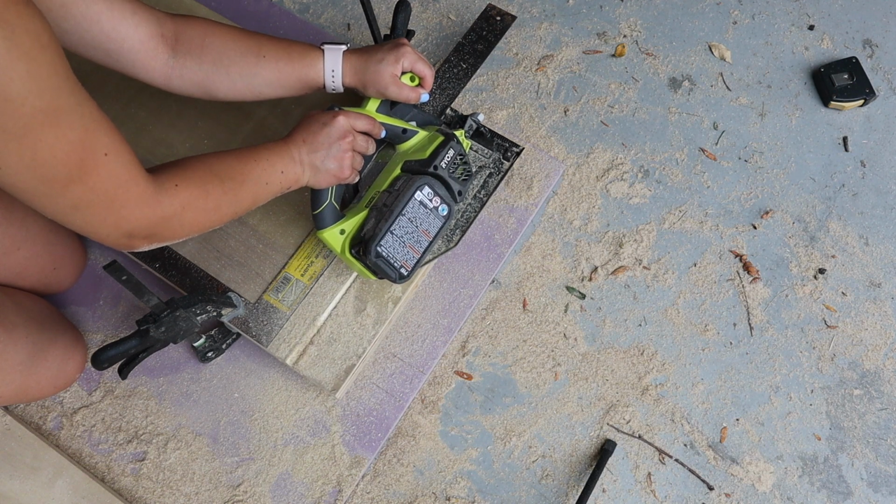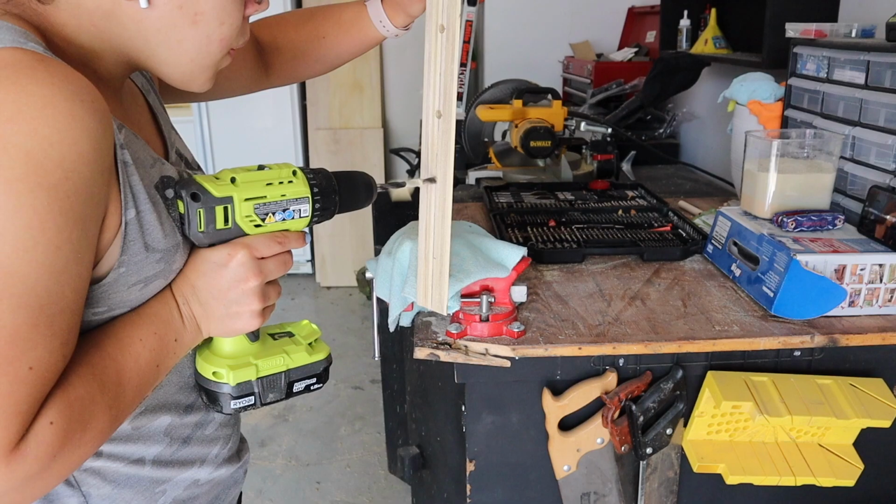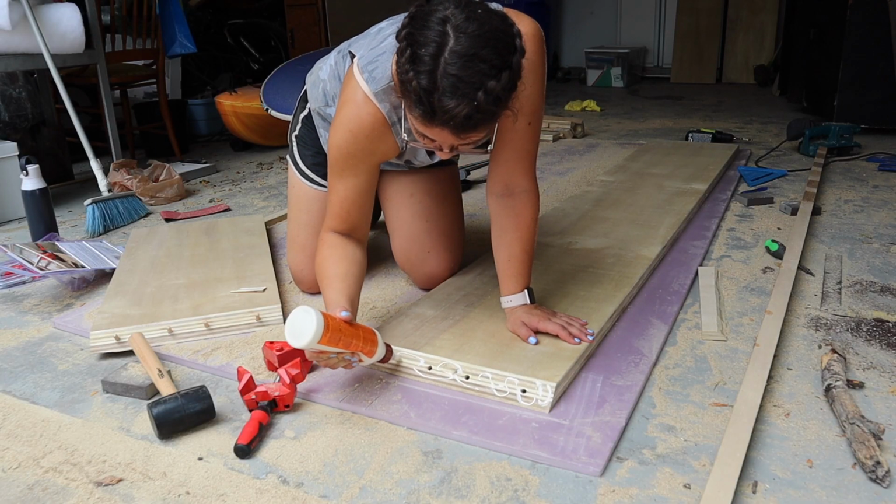Hi guys, it's been a hot minute because life happens, but I'm back and ready to show you how I made this waterfall console table desk thing for our downstairs where my hubby and I are changing our setup a